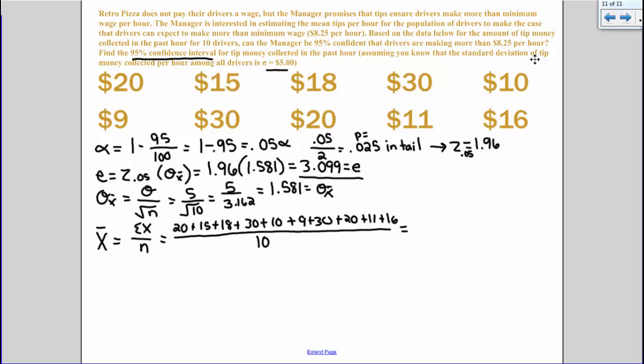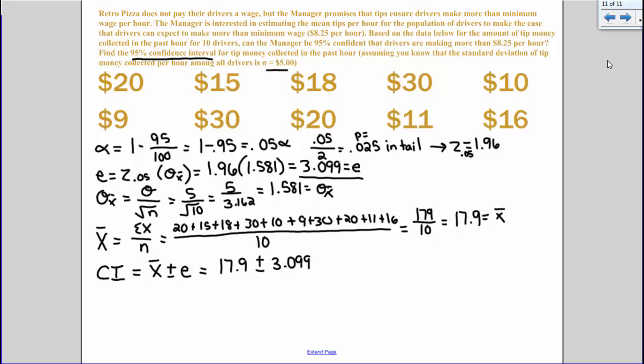So this becomes 179 divided by 10, and you get 17.9 for your sample mean. So now we can find our confidence interval. Confidence interval is equal to the sample mean plus or minus the margin of error, which is saying our sample mean 17.9 plus or minus our margin of error